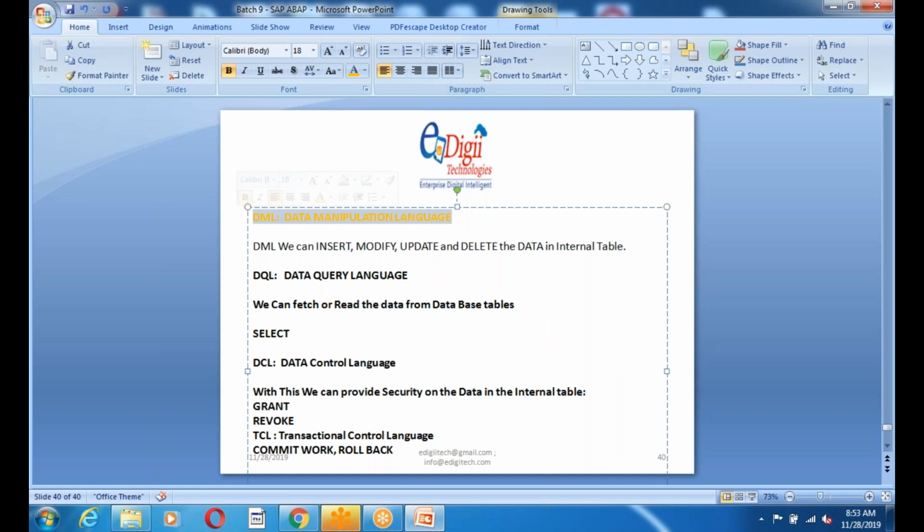And select. Suppose there is data inside the table and you want to query the data, or fetch the data or read the data from the database table, we are going